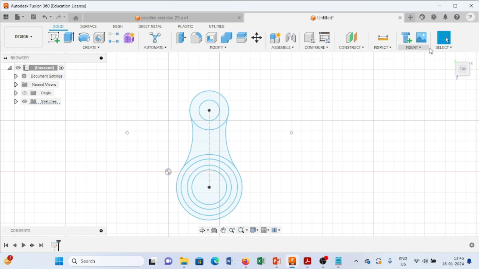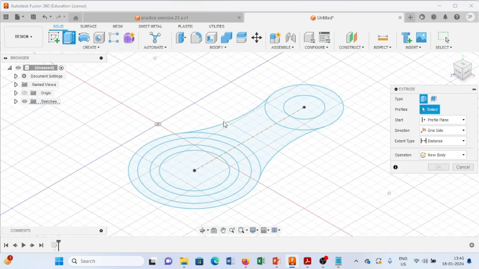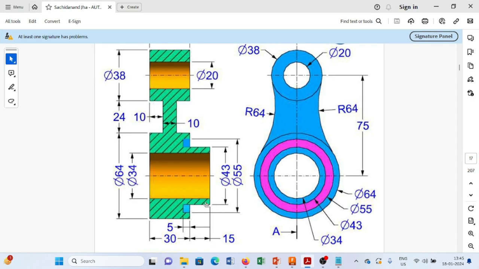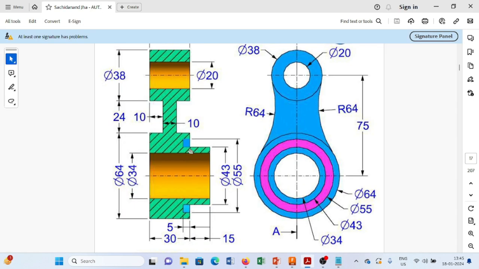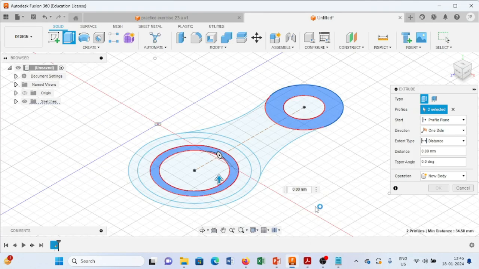Finish the sketch, go to home position. Now select this extrude command. First we will extrude this one and this 43 mm. So this is, and extrude it up to, let's say this is 30 mm. So just put here 30